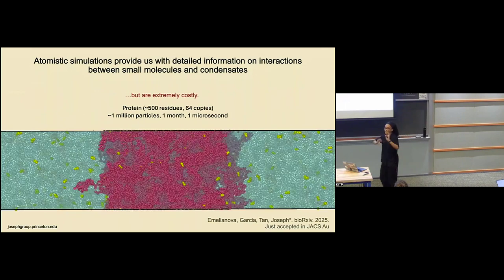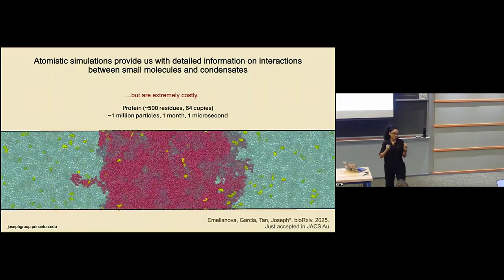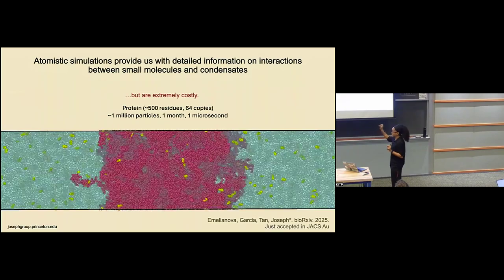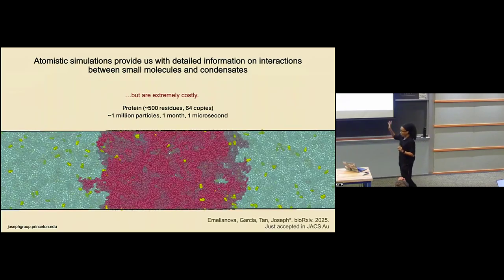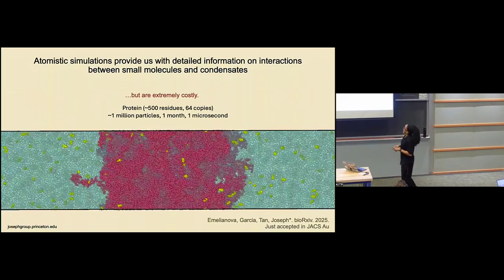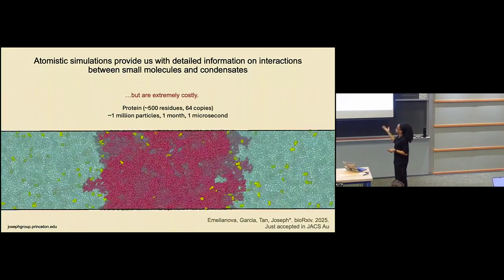So if we want to really search this sequence space in a quote unquote high throughput manner, screening these interactions at this level, all the resources that we have will have to go towards this one project, and we have other projects. And so, what are we going to do? Do we not do atomistic